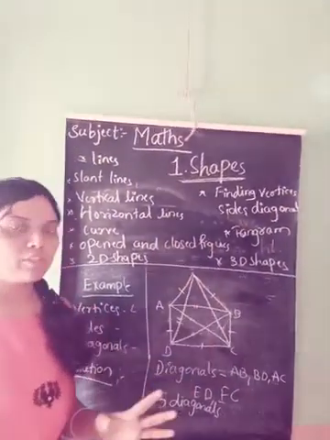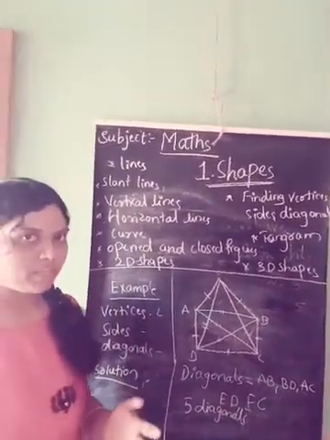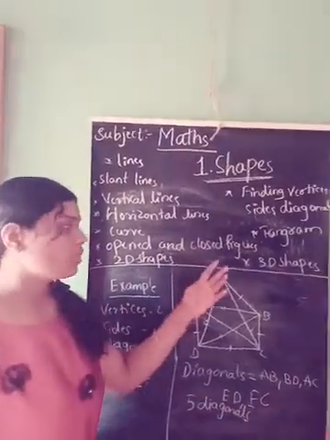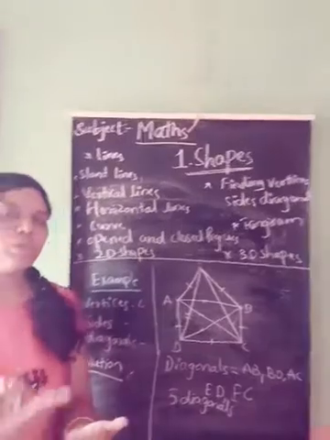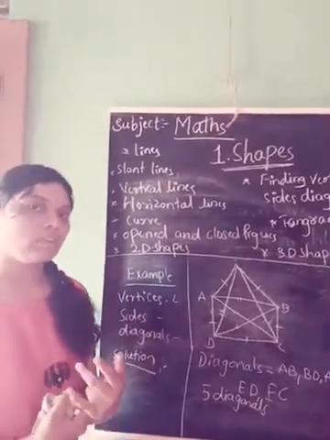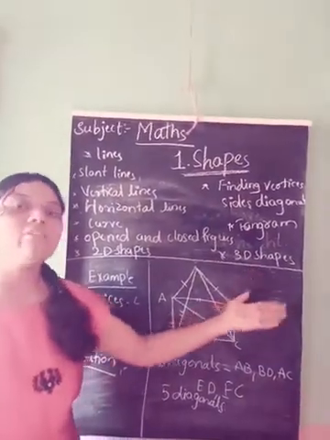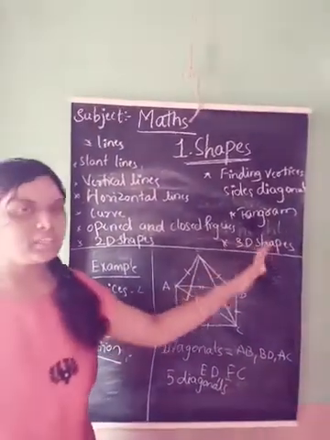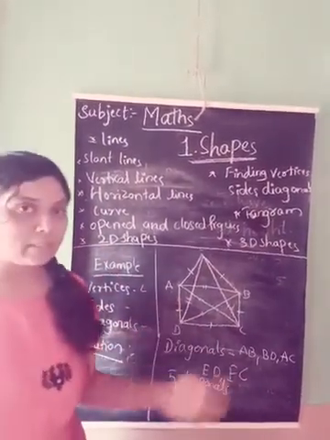With the help of pieces of paper we can make any objects. And I will tell how to do as I showed you. Then three-dimensional shapes: cube, cuboid and cone. Like these are three-dimensional shapes. The shapes which have length, breadth and height are three-dimensional shapes. And I also gave you some more examples.